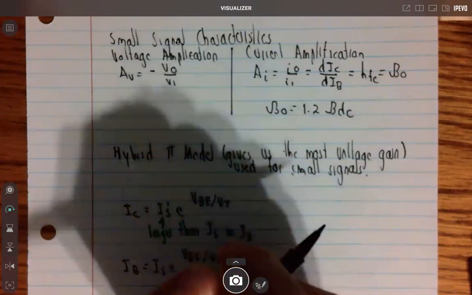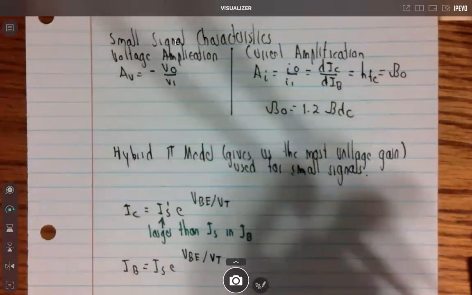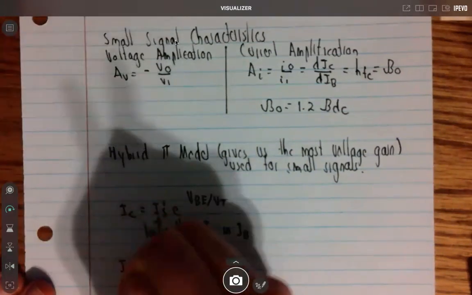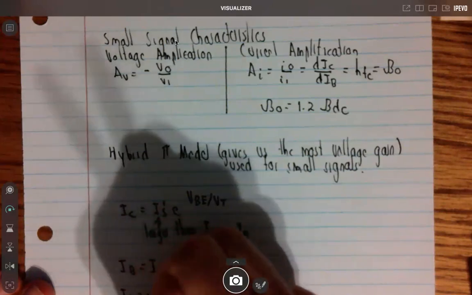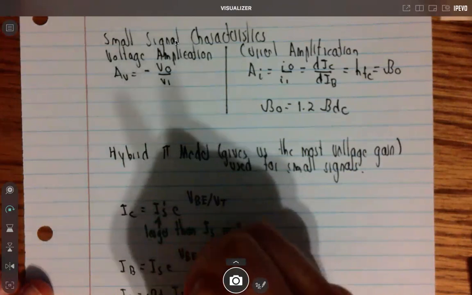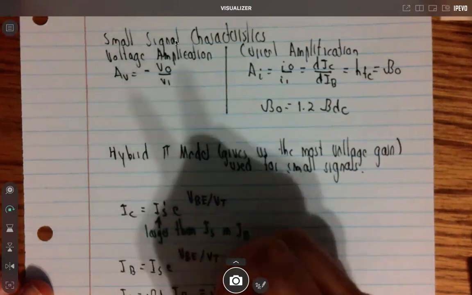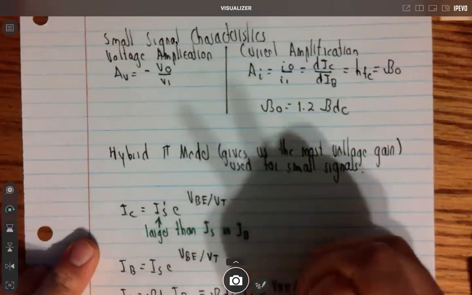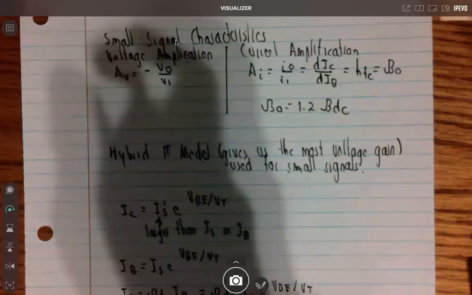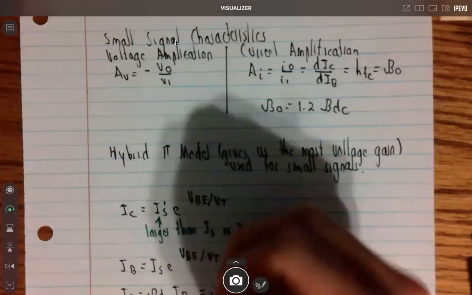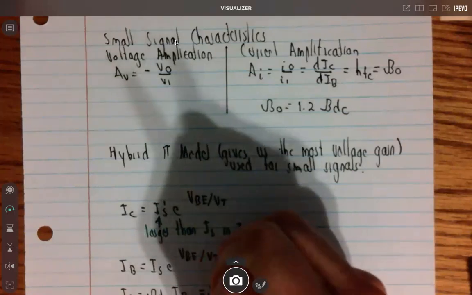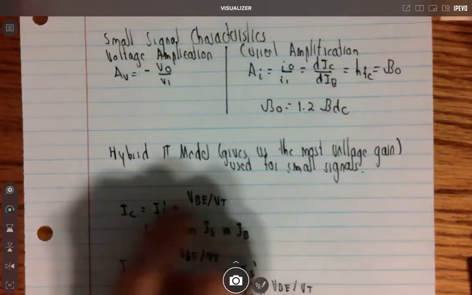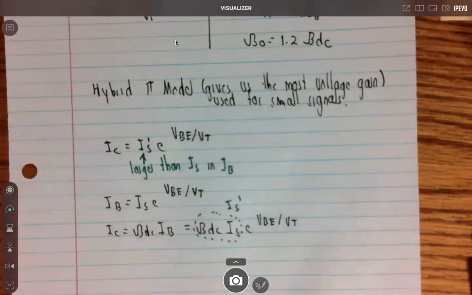the main thing why we like to say it this way is it comes from the relationship that IC is equal to beta DC IB, which is equal to, and then if you substitute in for IB what we just had here, IS e to the VBE over VT, you're going to notice this is where I get my IS apostrophe from, beta DC times IS. So this is where I say IS apostrophe for IC. That's where we get e to the VBE over VT, and that's how we get my IS apostrophe here. Now that we get that,